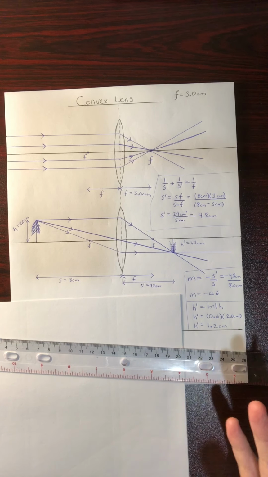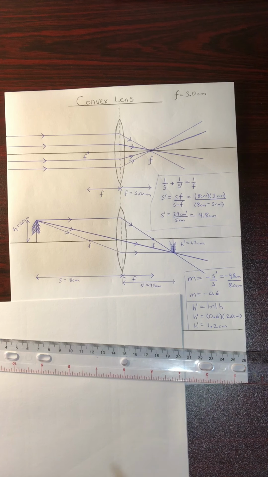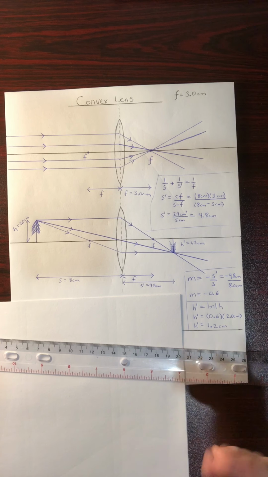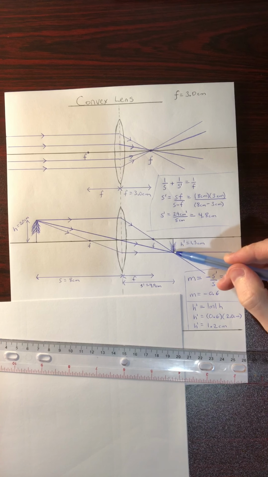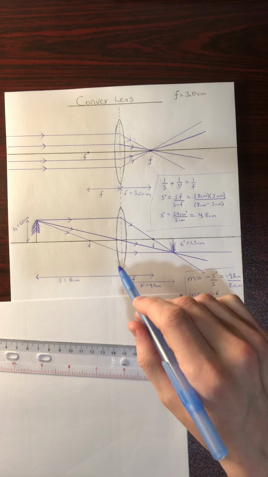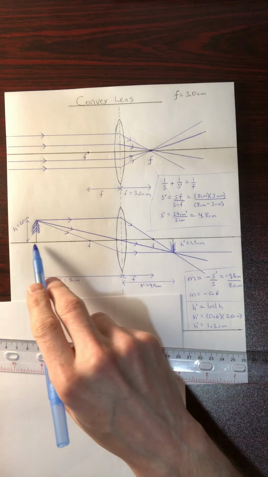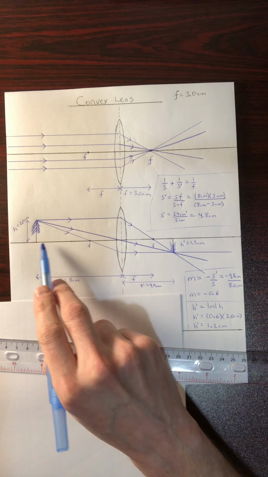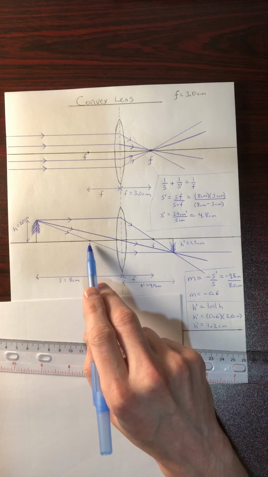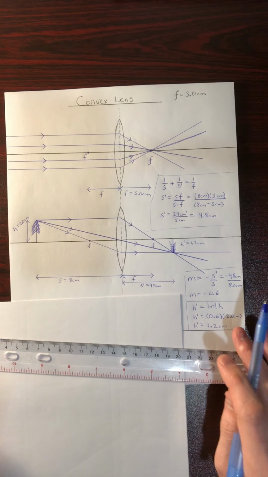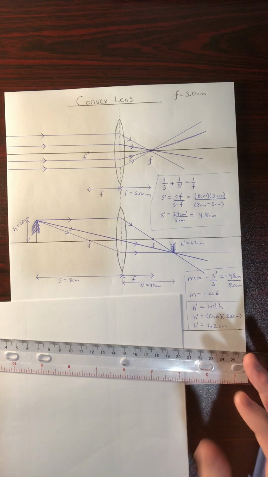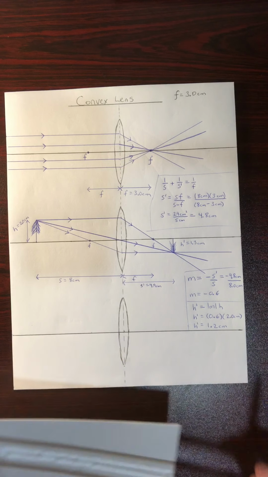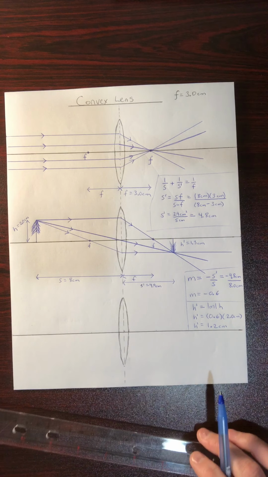Okay, so the final thing I want to do is look at the image that's going to be produced by this lens, but instead of putting the object out here, I'm going to put the object inside the focal length. And you'll see why that ends up being quite interesting in a moment. So I'm going to kind of move this to the side. We've got one last